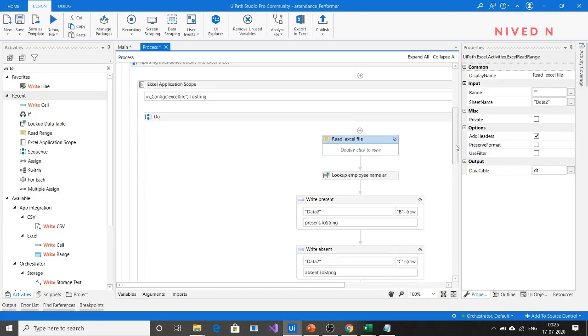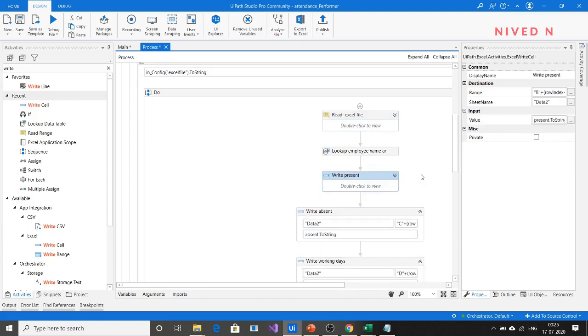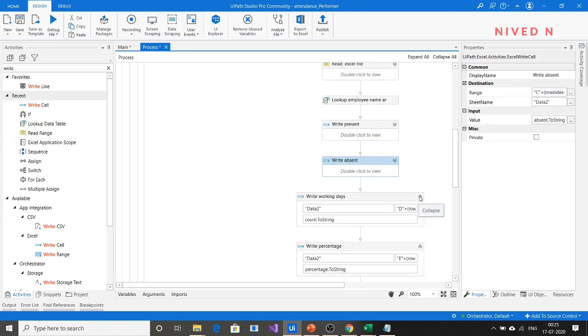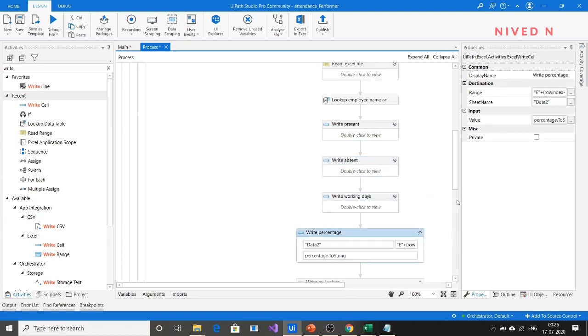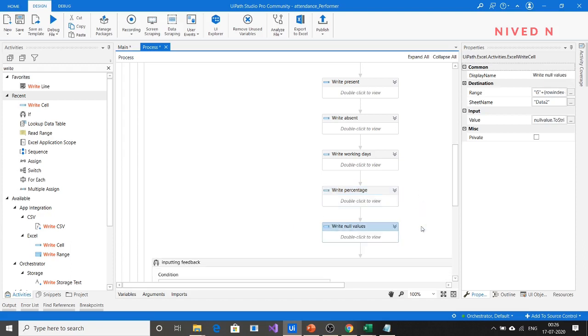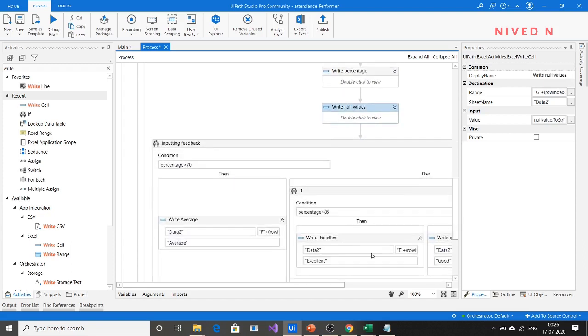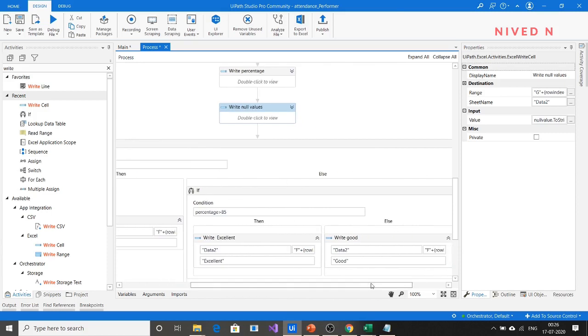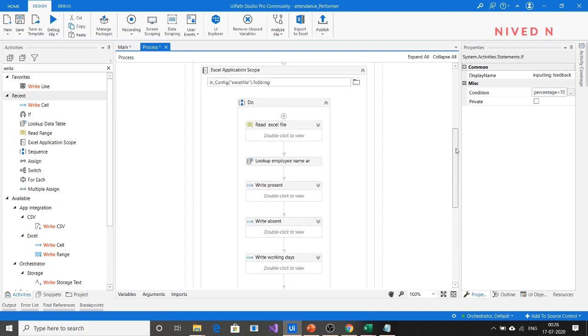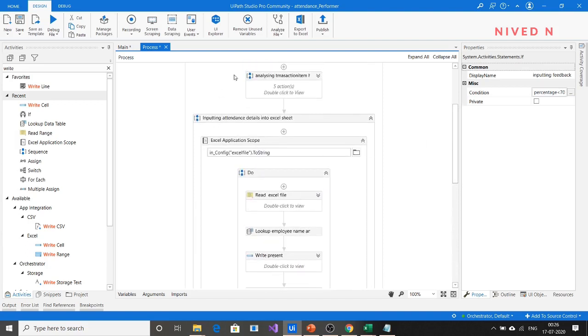So actually I will tell you in a summarized way what we have done here. Let me close this. What we have done here is we have obtained the values of present, absent, null values, and percentage from the above sequence, that is the analyzing transaction data sequence.